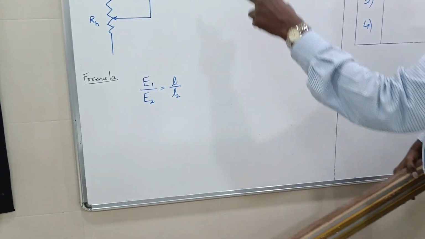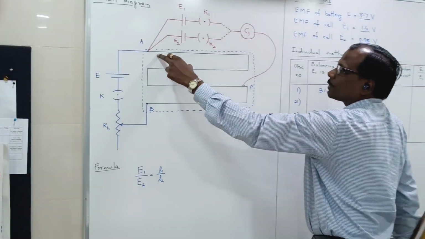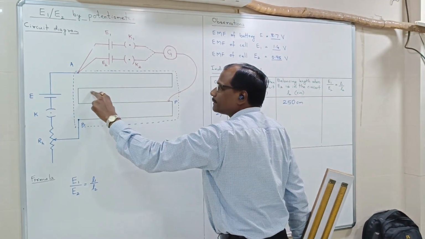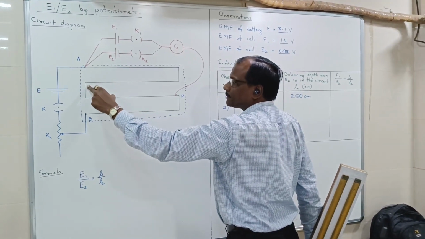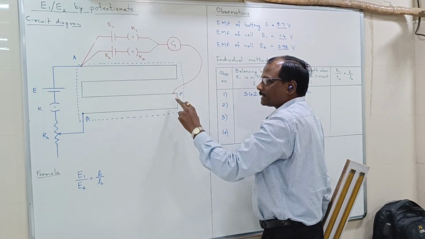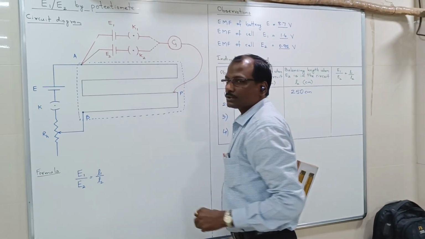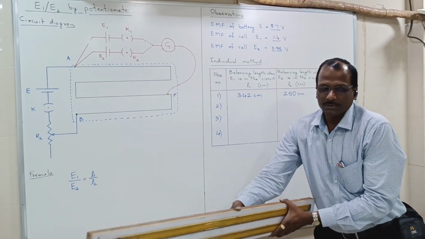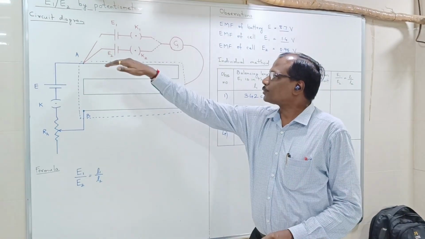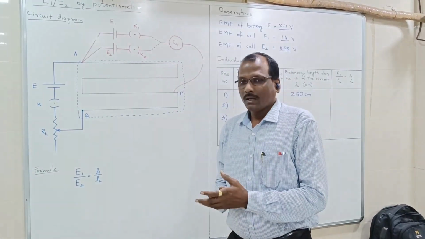This comes here, just like here. From terminal A another wire of 100 centimeter is connected. So far it is 200 centimeter. Further connected with the third wire of 100 centimeter, that is 300 centimeter, and the last one, that is 400 centimeter. So this is how we have a potentiometer which consists of 400 centimeter wire.